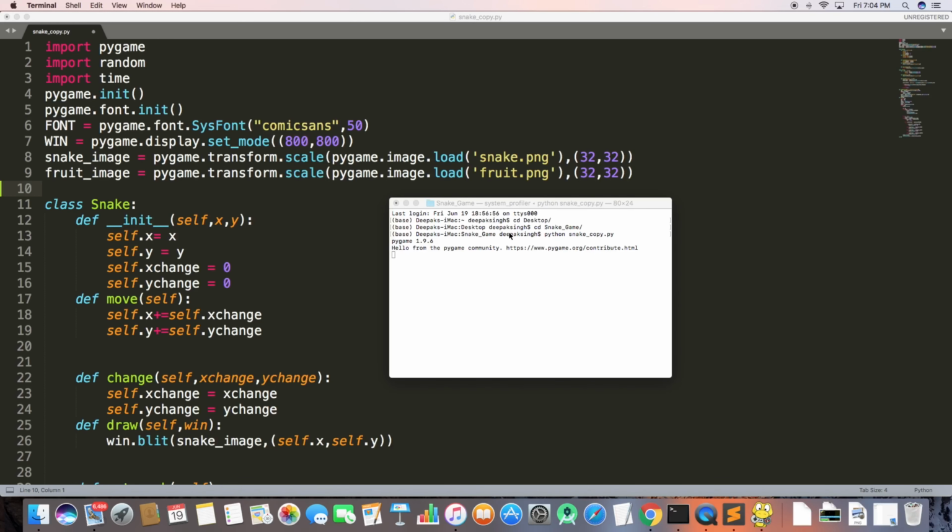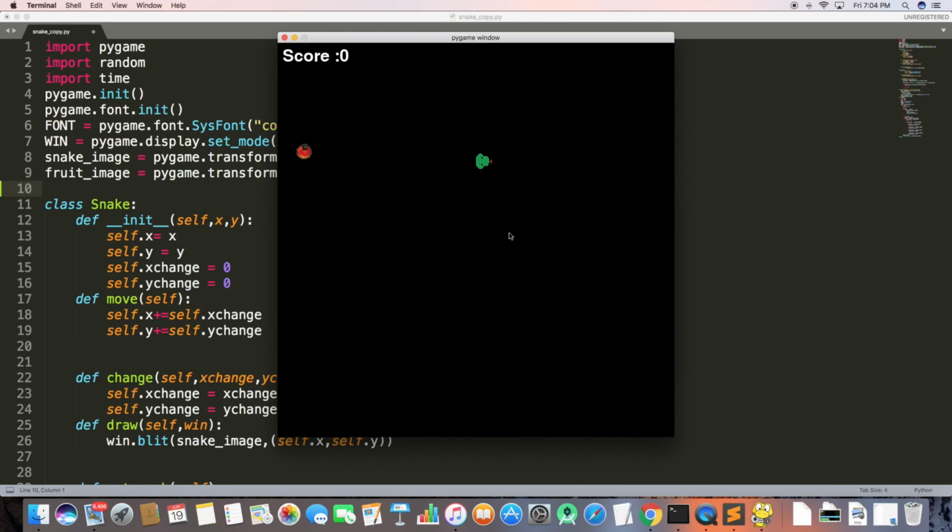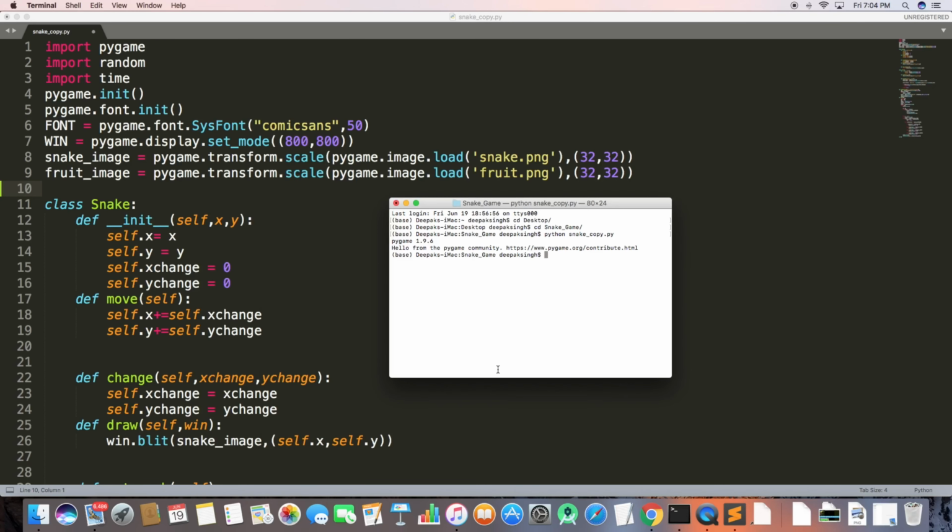So this is going to be a 3-part series, and this is the second part. In this video I will be building the tail. Here you can see we have a snake and it will eat food, but it's missing an essential part of the game, a part that adds difficulty to the game. As you can see, there's no tail right now and we need a tail.